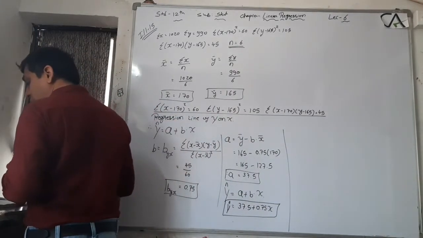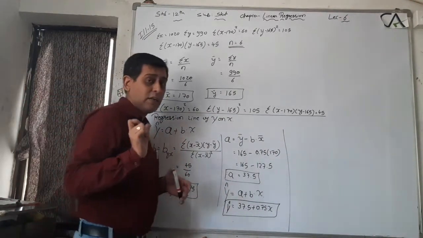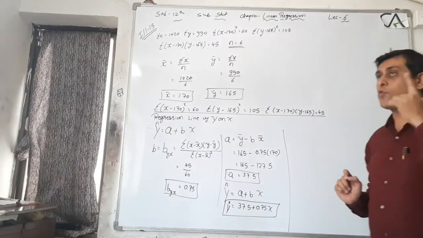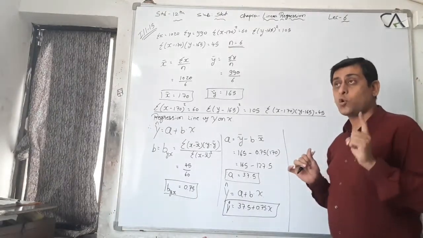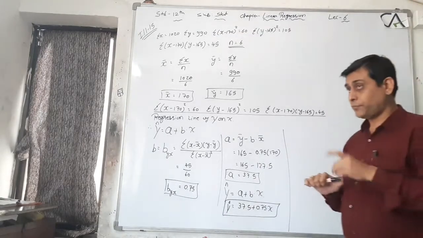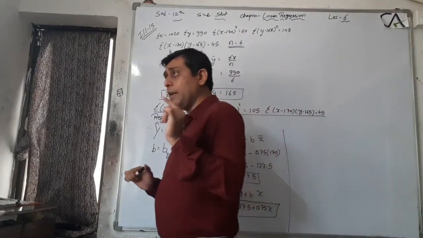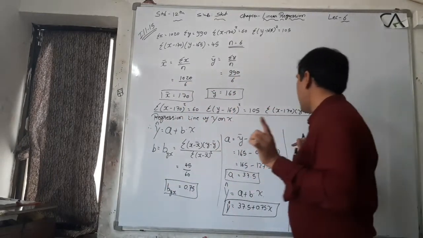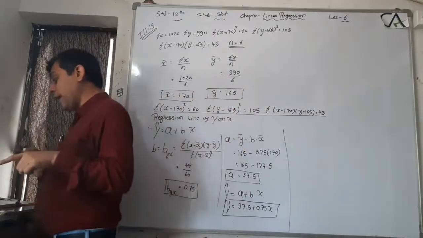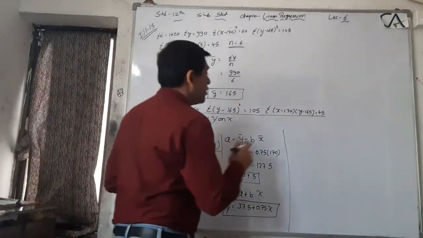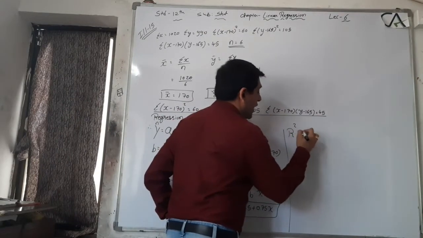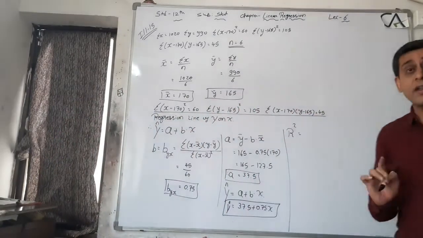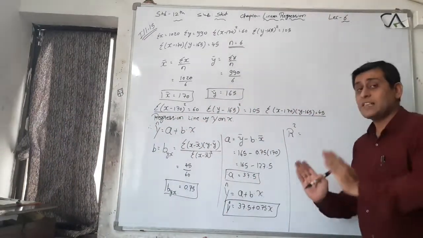Now also verify the reliability of the regression model. See here, underline the word reliability. What does that mean? You have to find out r square, that is the coefficient of determination. Why? The words reliable and valid are the main point for regression coefficient of determination. So here they ask to also verify the reliability of the regression model. So we have to find r square first, and on the basis of the r square answer we have to say whether this regression model is reliable or not.